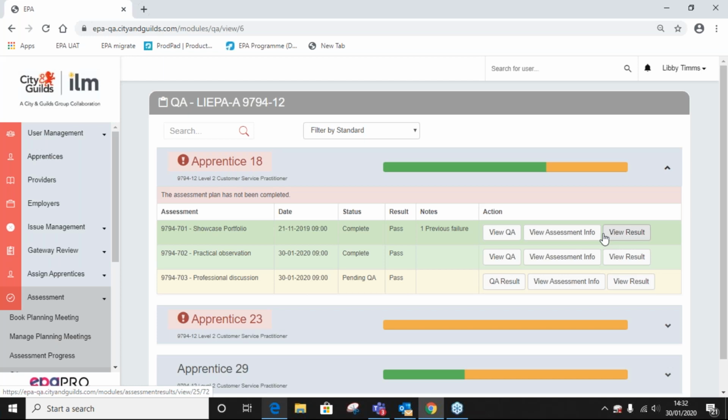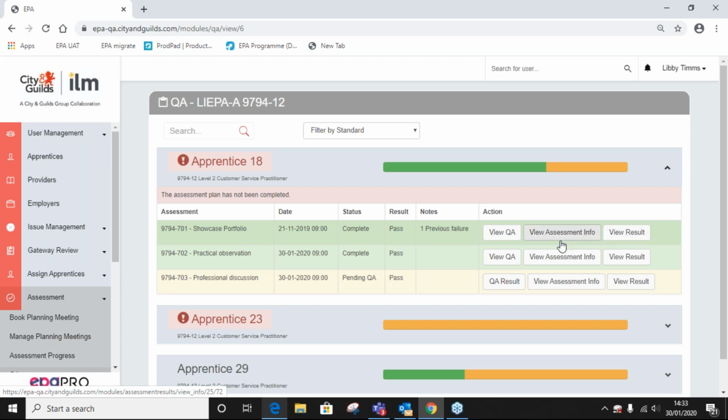So that's why we're using the email option for the short term. And that's why I need to pick up the conversation with the associate managers and you as LIEPAs as to what works best in terms of tracking that QA information for an audit trail. Hopefully that answers your question, Louise.